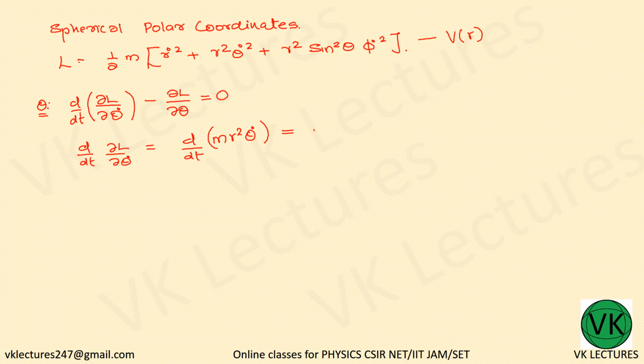m r square theta double dot plus, here we have to differentiate with respect to r also, so 2m r r dot theta dot. So this is dou L by dou theta dot. Okay, so now we have dou L by dou theta given by